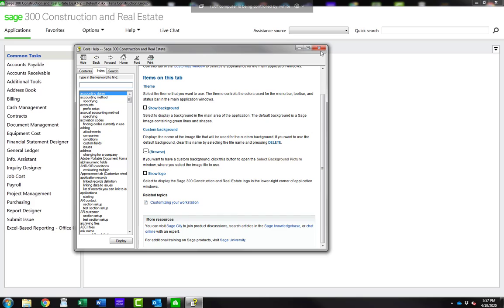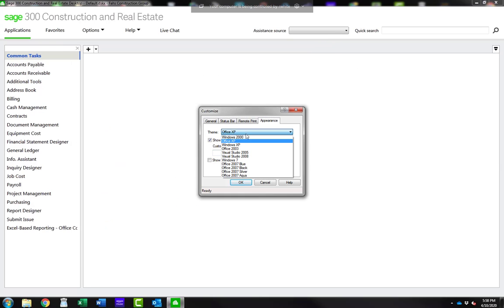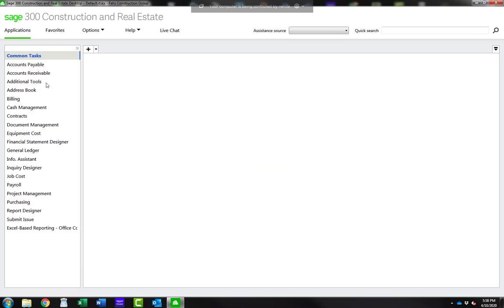Okay. So the theme controls the colors used for the menu bar, the toolbar, and the status bar in the main application windows. My guess is if I change this to blue, let's say OK, and now we go